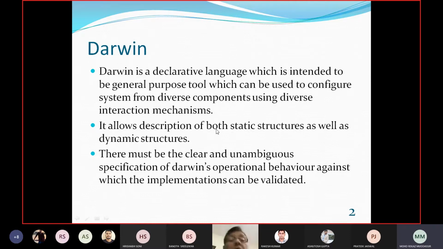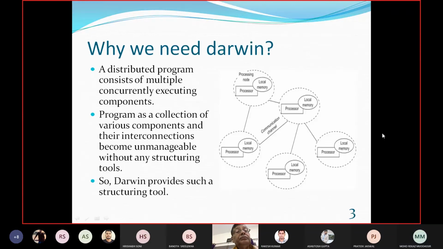It allows the description of both static and dynamic structure, and there must be clear and unambiguous specifications of Darwin's operational behavior against which the implementations can be validated. So all the specifications should be very clear and unambiguous, and according to them the implementations can be done.